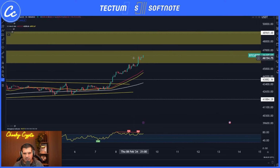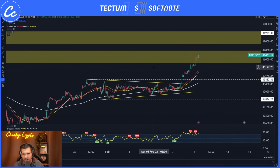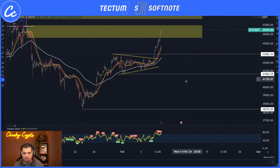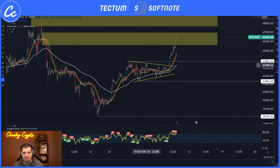So as we are having these higher moves, we are seeing that the RSI is losing momentum, showing us weakness, showing us bearish divergence, meaning we are likely to get rejected. Again, we're talking about $44,500 to $45,000 before we rally on up. Invalidation, of course, is something that we need to talk about. How low does it have to go to prevent us moving up to $46,000? Well, for that, realistically speaking, we have to come down lower than